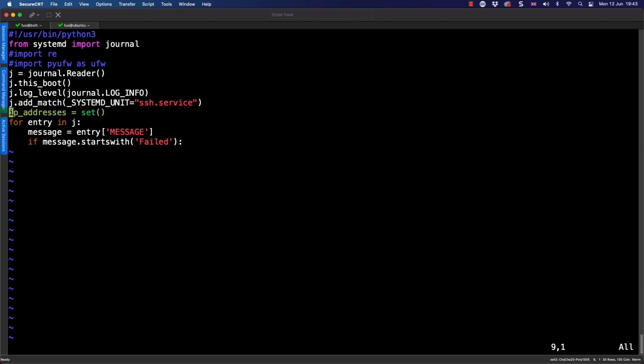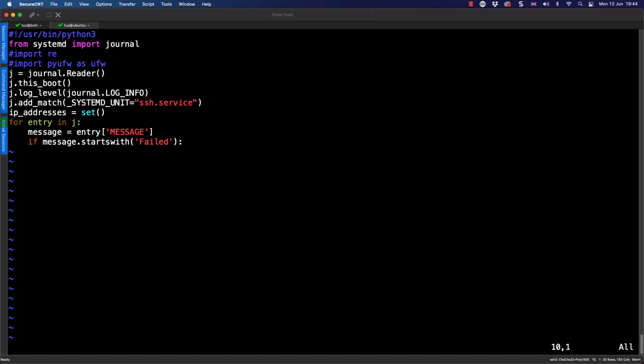Now, I could comment this line out, but I could easily leave it in as it's not going to cause any problems. A set is a special type of array that both sorts the elements, but also removes the duplicate elements. So this is going to be really useful for me because, of course, our IP addresses in the log are probably going to be listed more than once. So it saves me having to go through looking for unique occurrences.